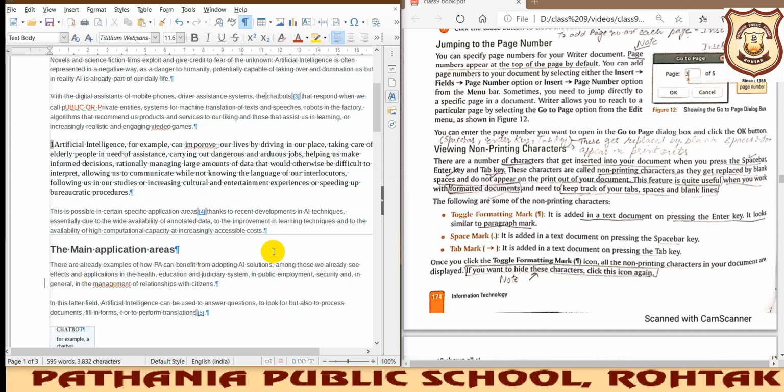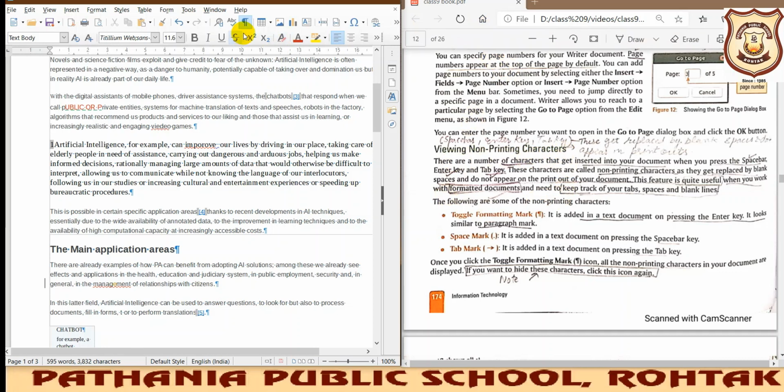And if you want to print it, it will never show you these marks. These are non-printing characters. Okay, and if you don't even want to see them on the screen, then you just click here again and they all will disappear. Even if they are visible to you on the screen, and you give the print command, they will not be printed at all. That is why they are known as non-printing characters. I hope the concept of it is clear to you.